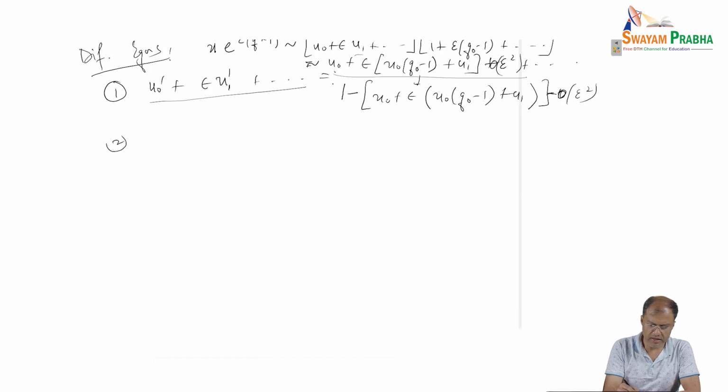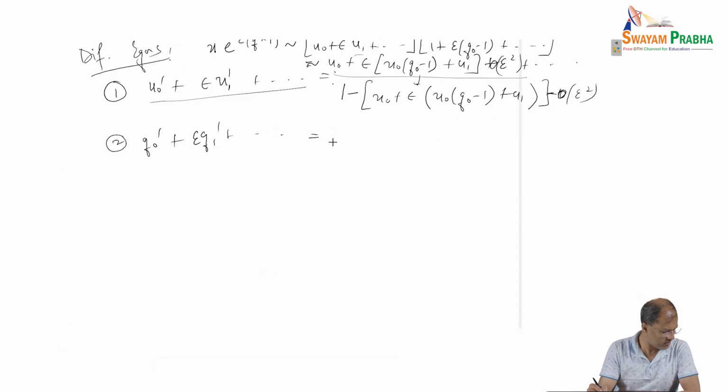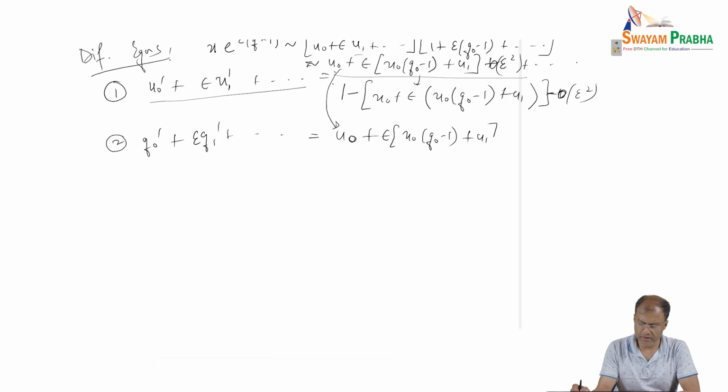And similarly q naught prime plus epsilon q1 prime and so on and so forth, is equal to, on the right hand side, a factor which is u times exponential minus q. So this is also equal to u naught, again the same series, u naught plus epsilon u naught times q naught minus 1 plus u1